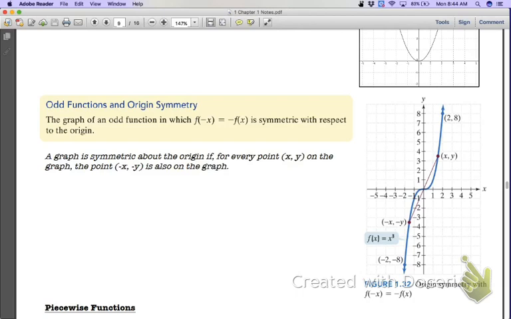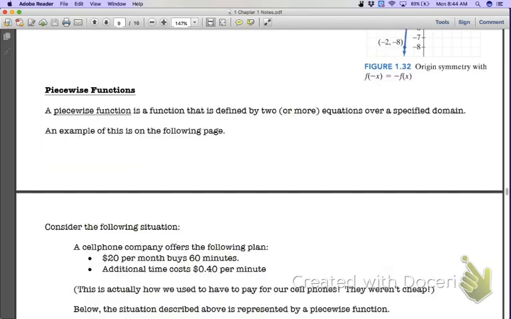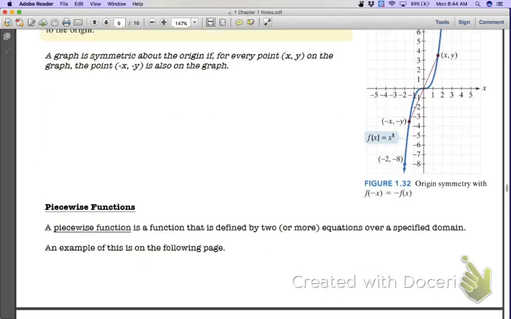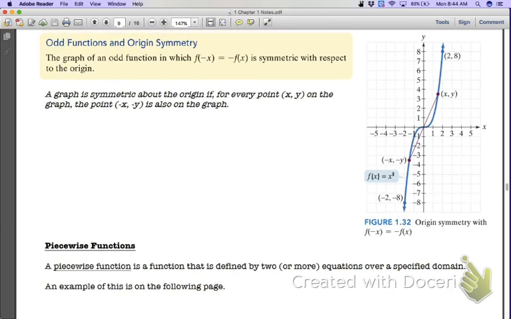Whereas with it even, the y-axis is going to take everything from there to deal with my symmetry. We'll talk about even and odd piecewise functions tomorrow. So that's all you've